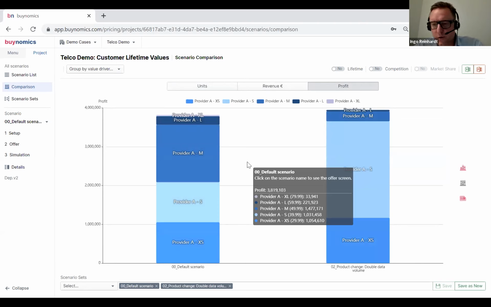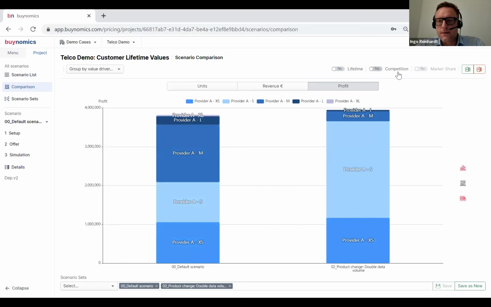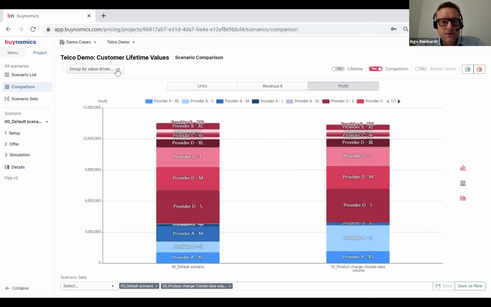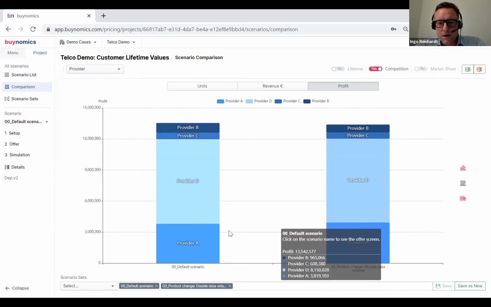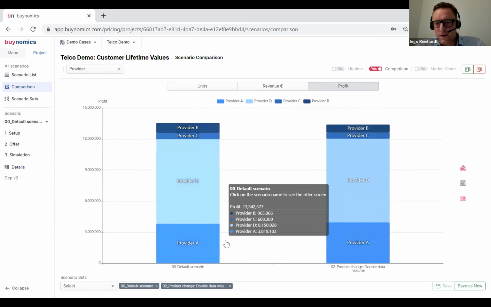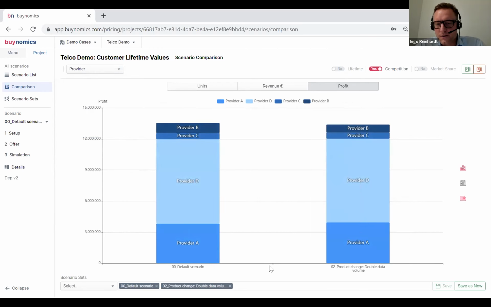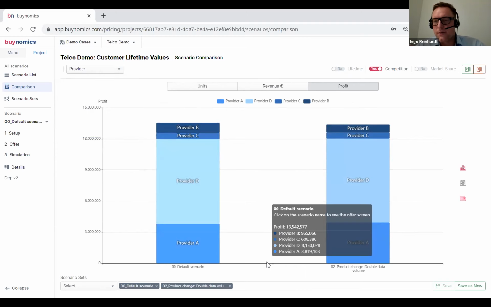Also, I think Mario spoke about this. If you have regulatory changes and you need to understand what happens if you can't do certain things anymore, or if you have to do certain things that you didn't do before, you can answer these questions very, very quickly. Or also you can see what happens if, let's say, a competitor does something. You can easily look at things like your market share. So in this case, because not a lot happened, your market share is fairly stable. But if larger things happen, your market shares can change very quickly.